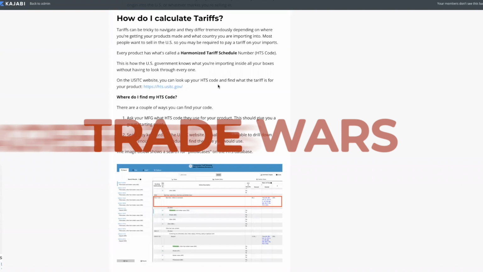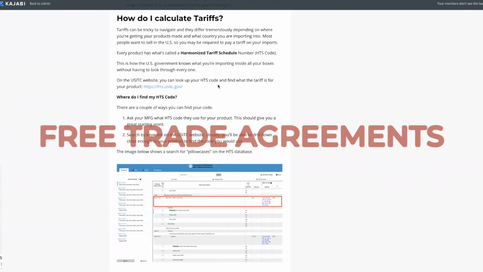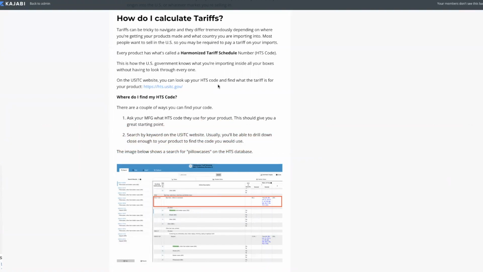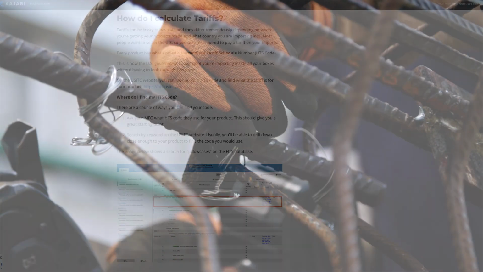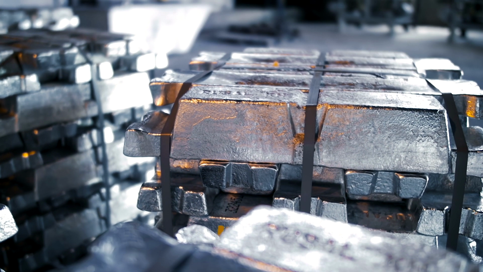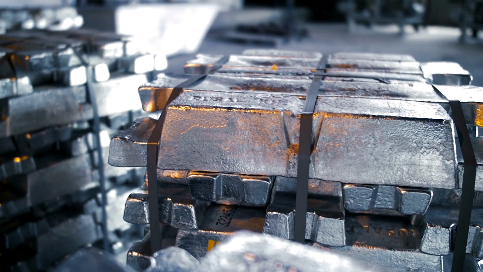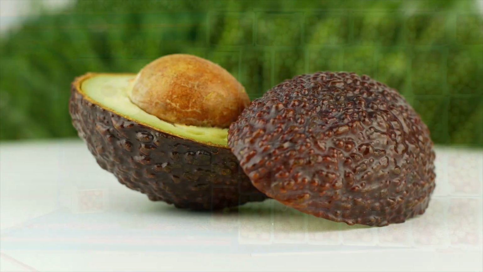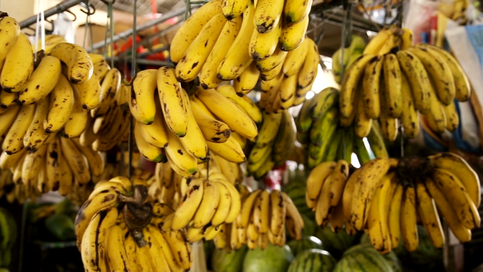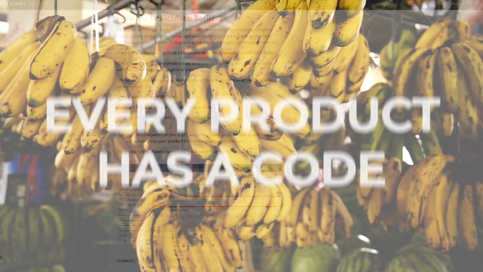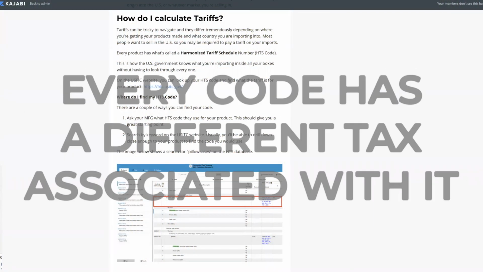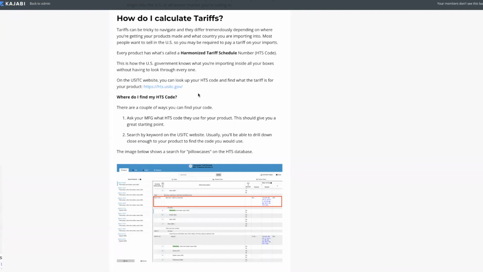You'll hear about trade wars and trade agreements and free trade agreements with different countries to have good relationships. Like, we trade a lot of steel and raw metal with other countries, and then they trade us food, avocados, or whatever it is, bananas. So every product has a code, and every code has a different tax associated with it. Now, to find your HTS code for whatever it is you're going to sell, there's two ways you can do this,